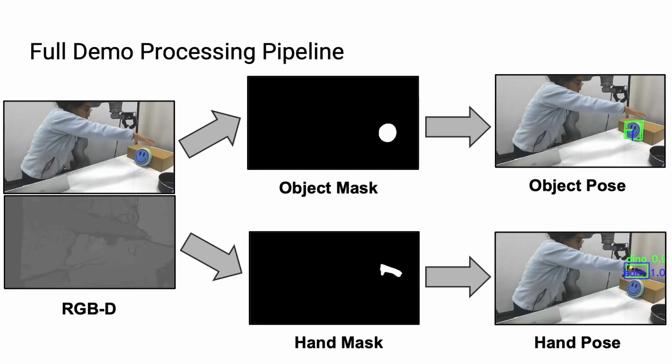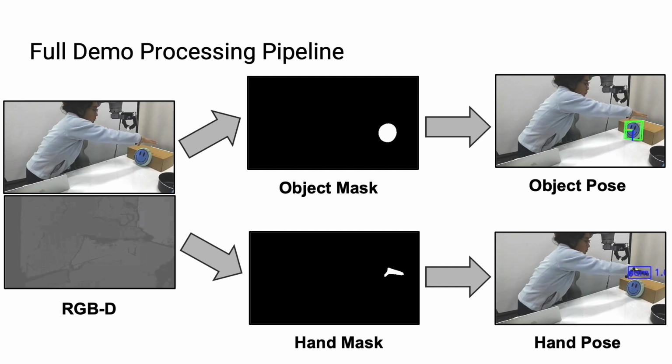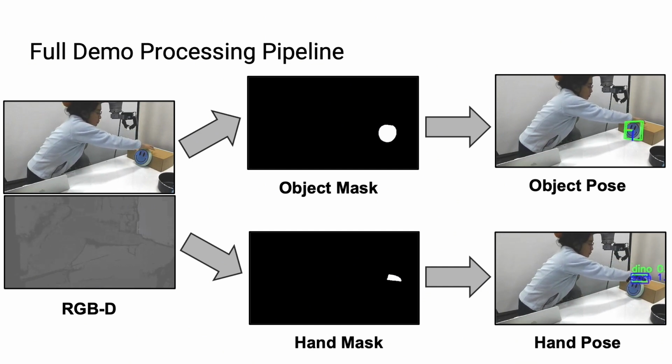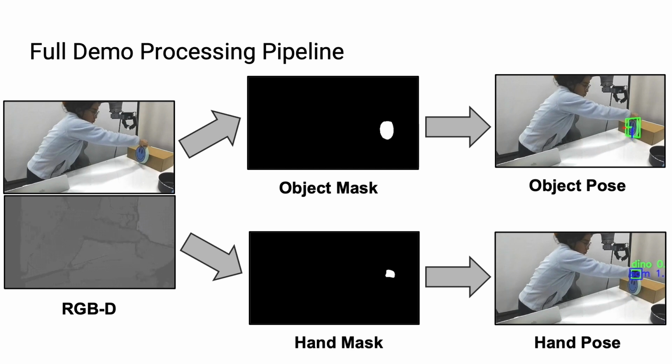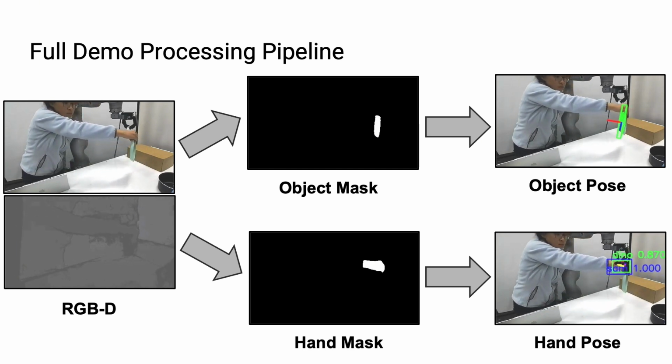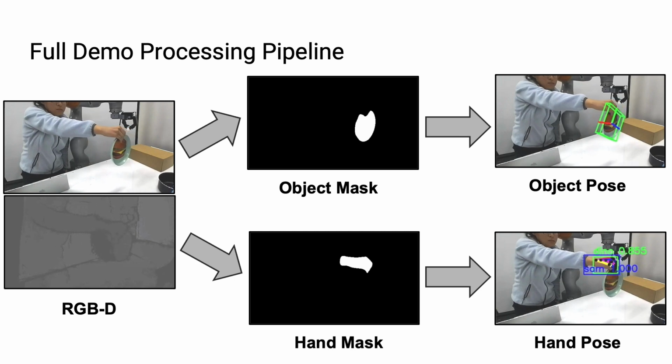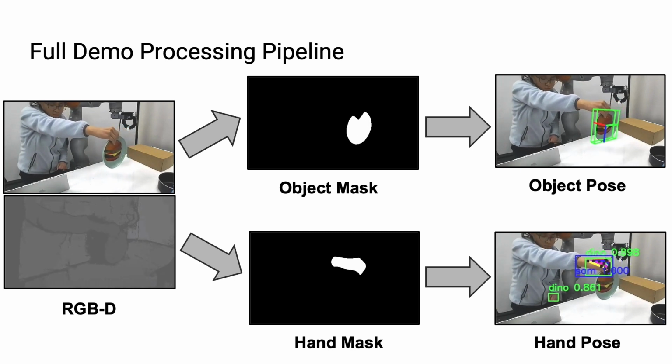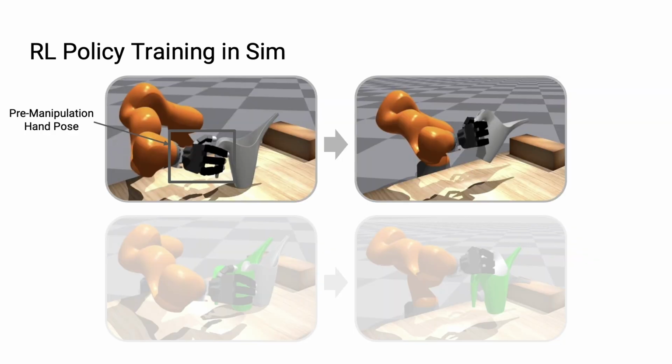Here is an overview of the end-to-end demo processing pipeline for a sample task. We first extract the object and hand mask from the RGBD video using SAM2. Then we extract the object pose trajectory using FoundationPose and hand pose trajectory using HaMeR. Note that our framework uses just one pre-manipulation hand pose. We then take a scene scan using off-the-shelf LiDAR scanning apps to transfer the real scene to a simulated training